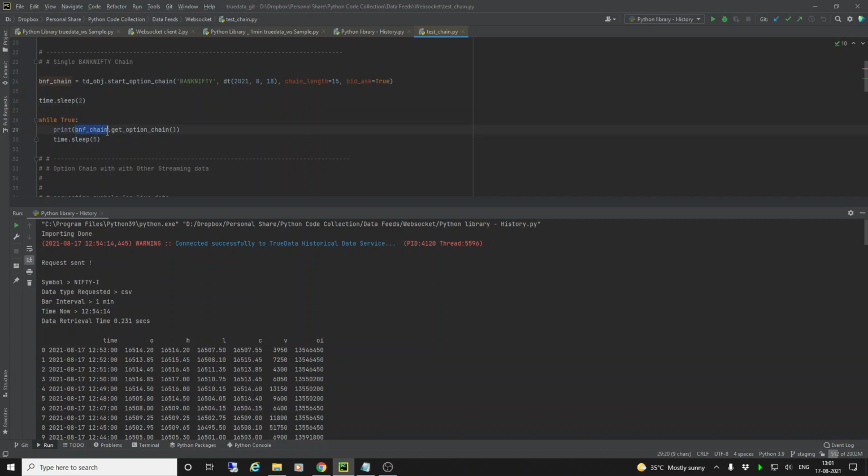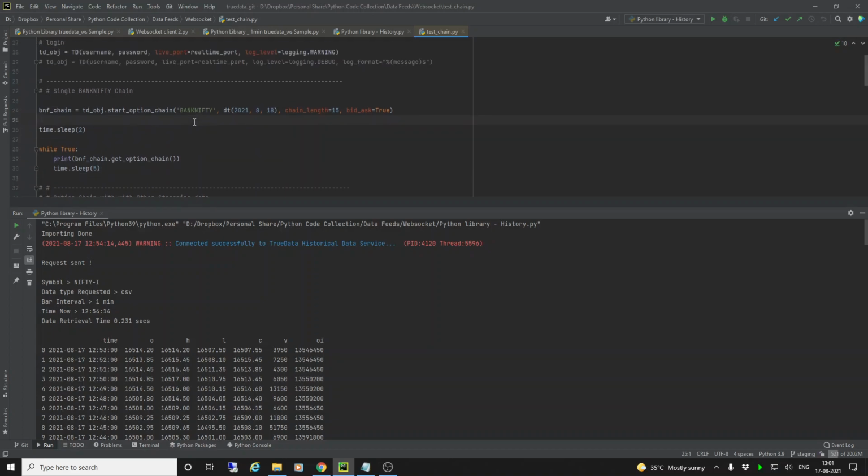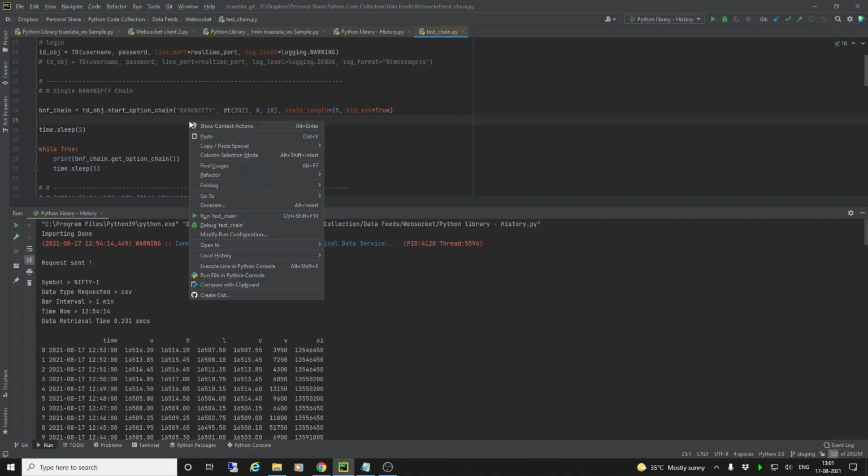After that, you can put it in a while loop and say I've given it a time of 5 seconds. Every 5 seconds, this will get the option chain again, and it will put it in the data frame. You can get it earlier if you want. I'm just showing you at 5 seconds, which seems to be the appropriate time for now. So let's run this and see.